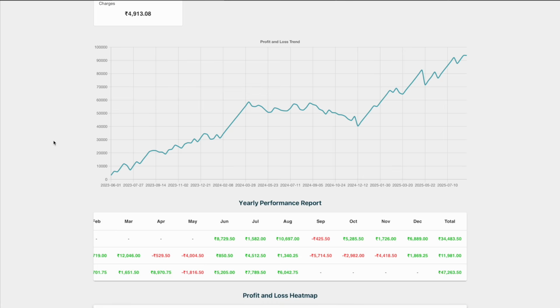Now, let's look at the profit and loss trend. Doesn't it look great? It shows consistent profits. Yes, there are drawdowns here and there, but nothing major. It has its breaks, but overall trend is always upwards. In fact, 2025 so far has been a very good year for this particular strategy. Of course, most of the losses earlier came in September to November period, but apart from that, every single year